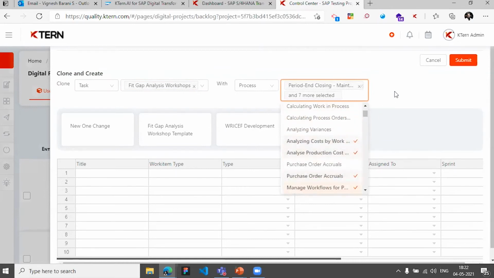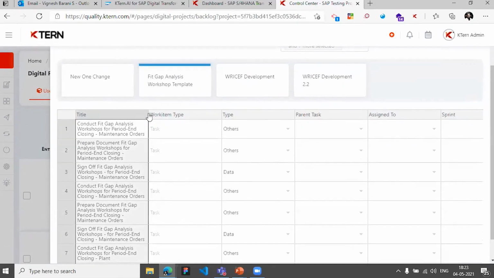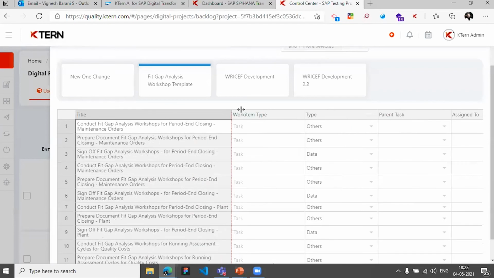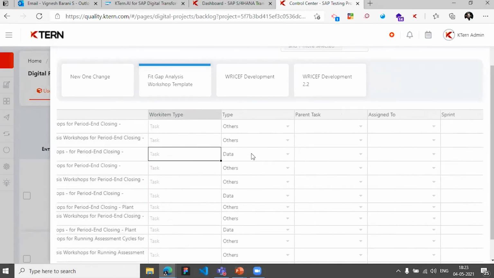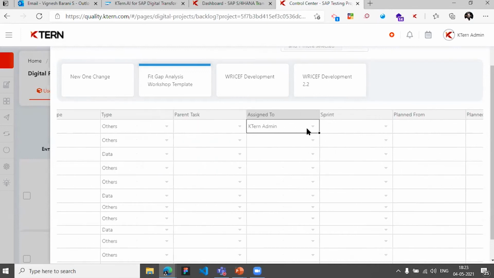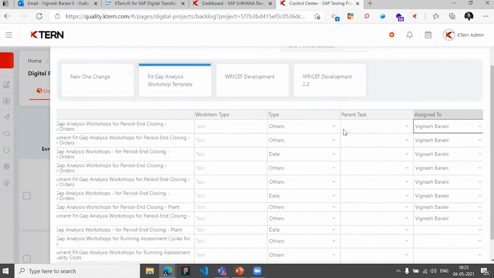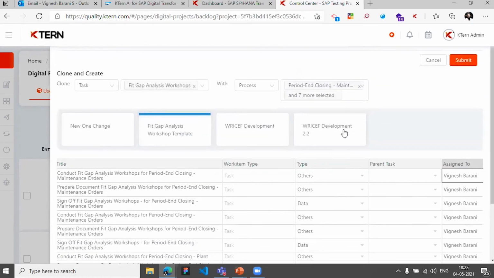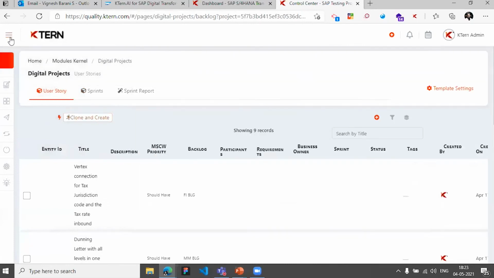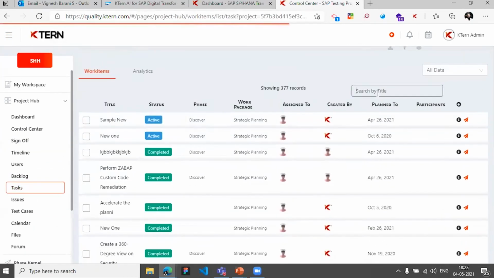So once you do that, and once you select your fit gap analysis, your tasks for each of those fit gap analysis items will be generated, and you can just assign them to the different stakeholders involved or the consultants, and set up the plan start date and end date, and you just have it as part of your project plan. So if I go to my project plan or all tasks page, I'll be able to find